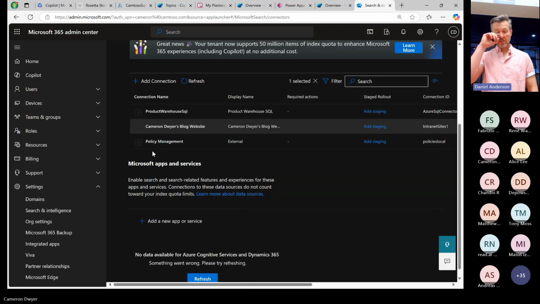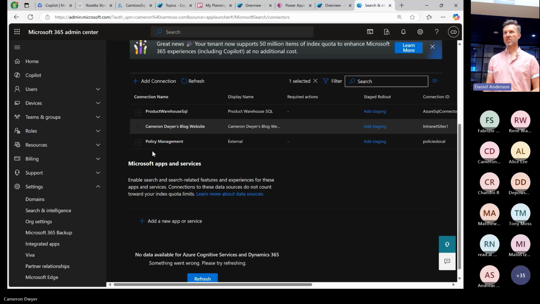And based on the connectors and the time it takes to do it, you typically only have those scheduled maybe every hour. I don't think it would make sense. I haven't seen any in the real world configured more frequently than that. And so that's what I mean by frequently changing data. Like if you had one here which was stock prices, you wouldn't use a graph connector because it's data that's changing all the time and it's never going to be accurate when the user's asking you a question. So frequently changing data, I would say if it's changing daily and it's not a huge data source, if it's not millions and millions of items, and if you could crawl it within an hour, you could probably set the frequency to be daily.